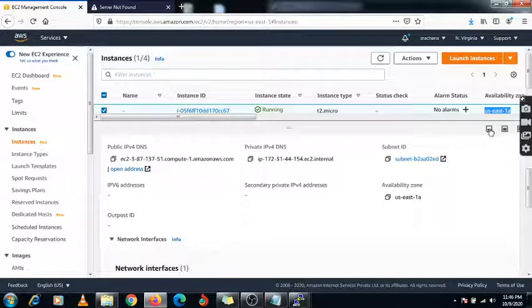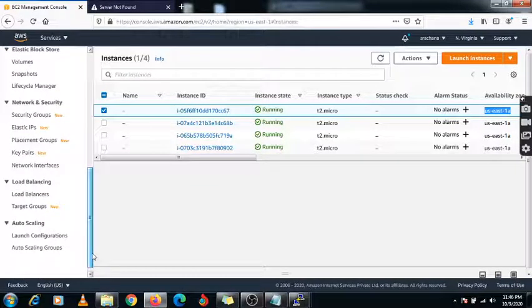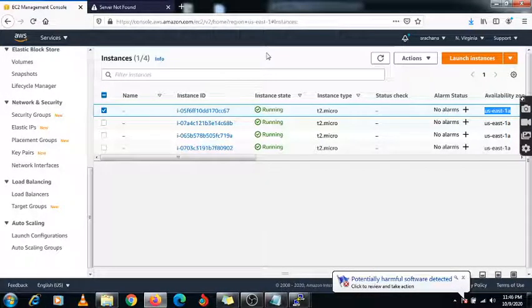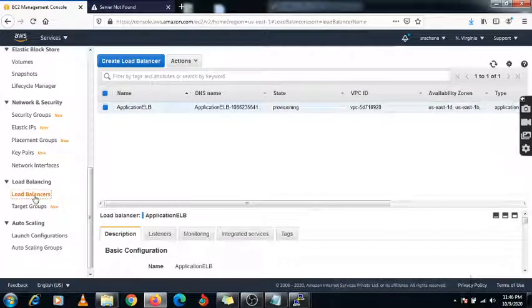So under this availability zone 1A we have created all the servers. If you have created these multiple servers in different availability zones, then you need to specify those particular availability zones, because for testing purposes we don't know in which availability zone we created our EC2 instance, and we just randomly selected all the availability zones, right? But in your case you need to select the proper, correct availability zone where your EC2 instances are available,